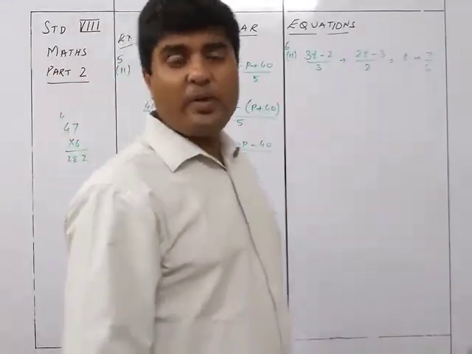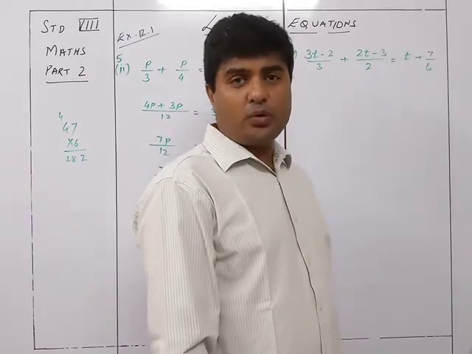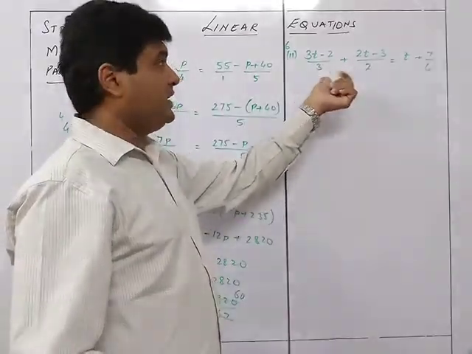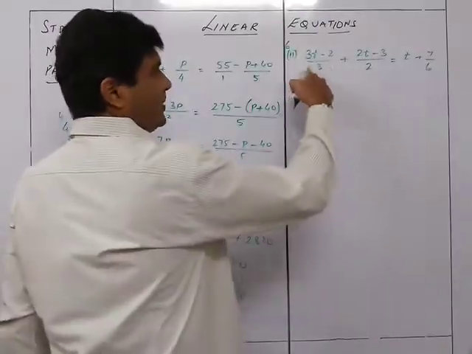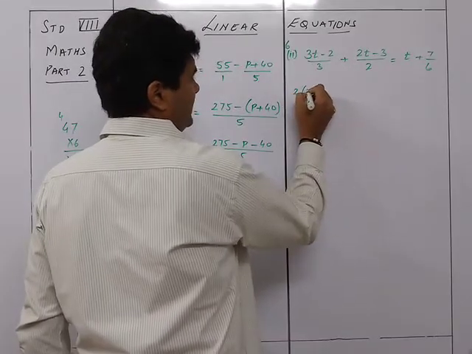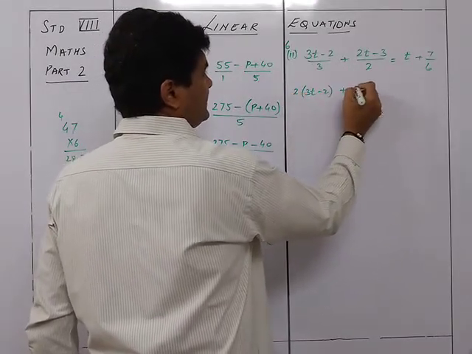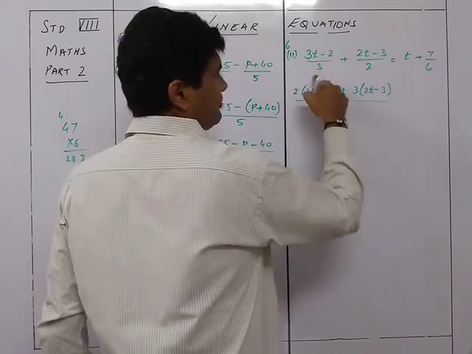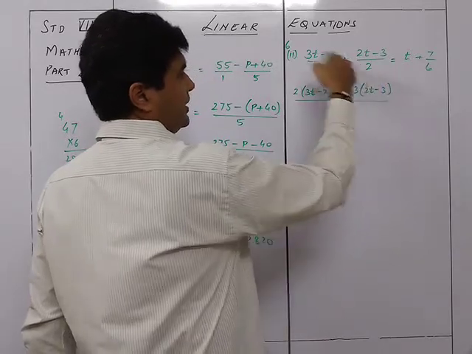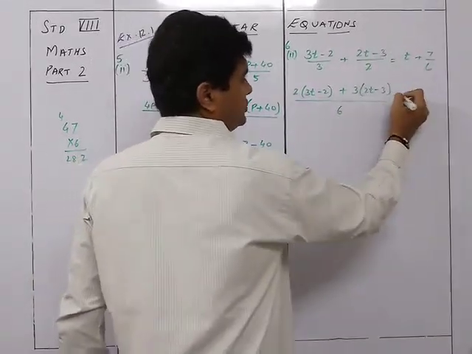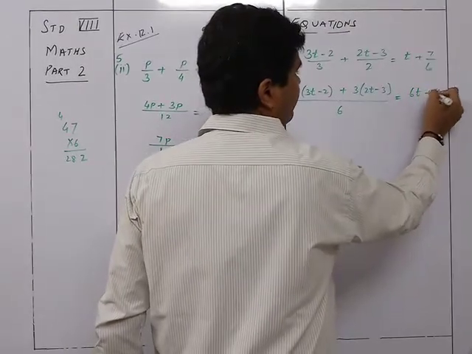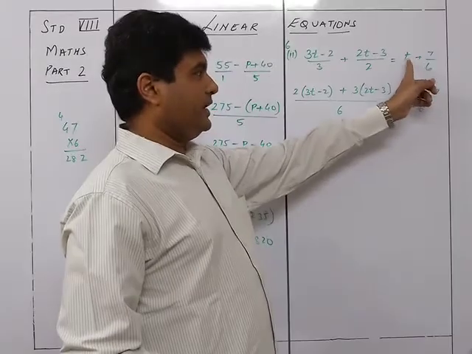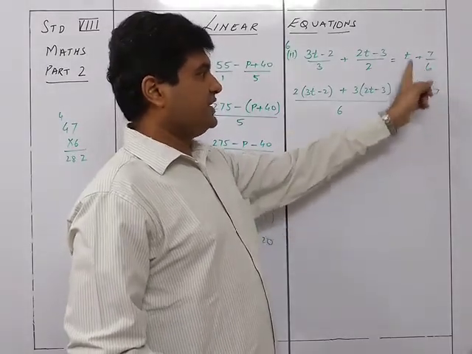Okay, the same way we are going to first simplify both sides. How to simplify this side? LCM. There is no other option. What is the LCM of 3 and 2? It is 6. So you are going to multiply this by, so it will be 2 times 3t minus 2 plus 3 times 2t minus 3 whole upon 6, because 3 2s are 6, LCM is 6, this multiplied here, this multiplied here, is equal to, this will be 6t plus 7 upon 6, because LCM over here is 1, here it is t upon 1, so LCM is 6, so 6t plus 7 upon 6.